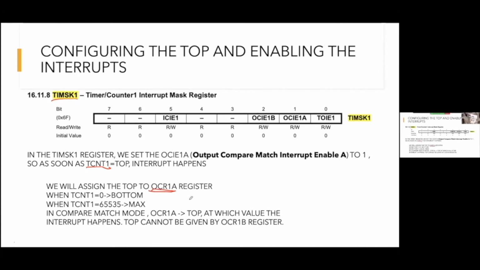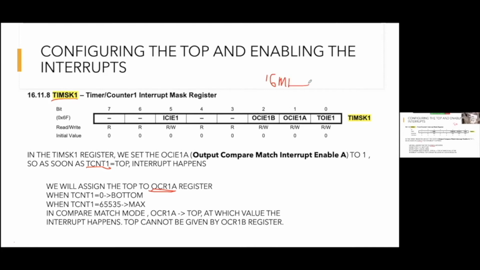So that basically we have set the prescaler. I will show the calculations in the next slide. So basically we want to enable an interrupt as soon as the value of the timer, which is increasing every, 16 megahertz divided by 256, this many.